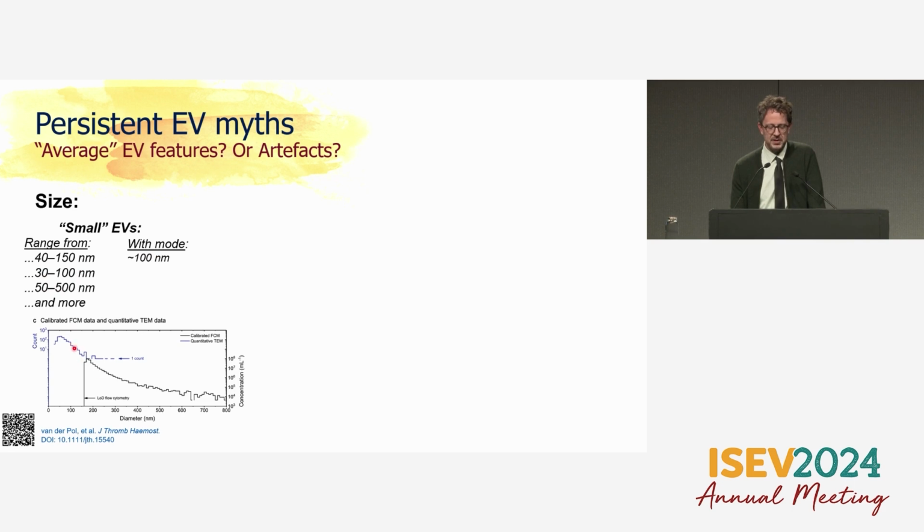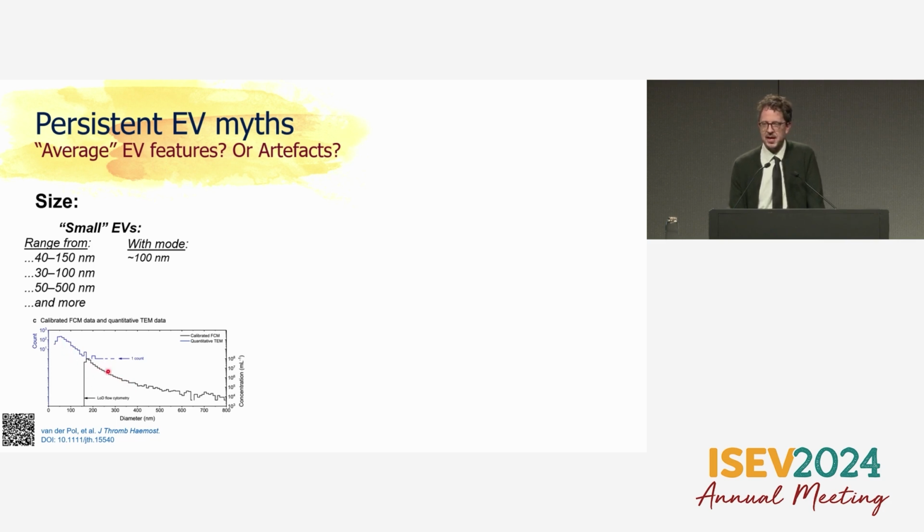And there's lots of good evidence that a lot of that conventional wisdom is huge artifacts of the tools that we're using to study EVs, namely light scattering. I'll get into refractive index next. Some careful work by Edwin van der Pol and some colleagues has started to stitch together different modalities of EV sizing. So cryo-EM, which is very good at counting the smaller ones. You're actually visualizing those and circling those, and that's in blue. Then in black here you see the single particle flow cytometry, which at the time of this work had a cutoff of around 160 nanometers.